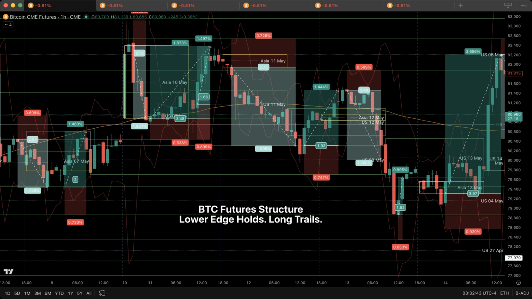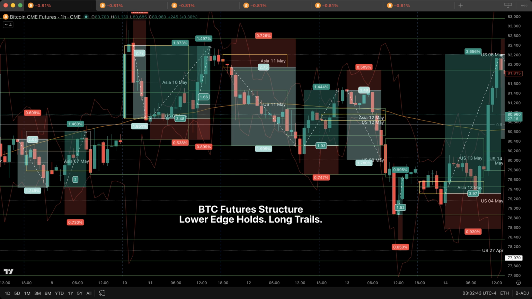That sequence matters. Up, fail, down, hold. Up again, fail again. Back to the lower side. The market is telling you something. The top side is not free, but the lower side is still being defended. That is why the long does not begin from strength. It begins from the lower boundary. It begins where the session returns to the edge and still does not collapse.